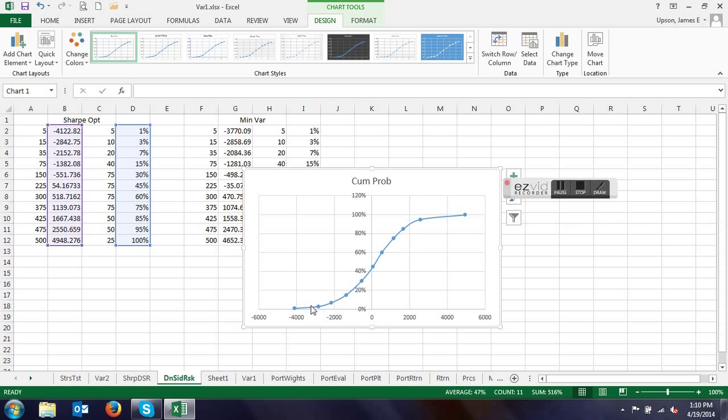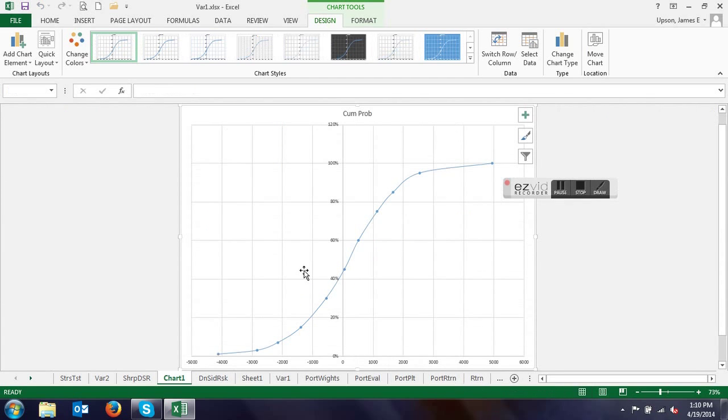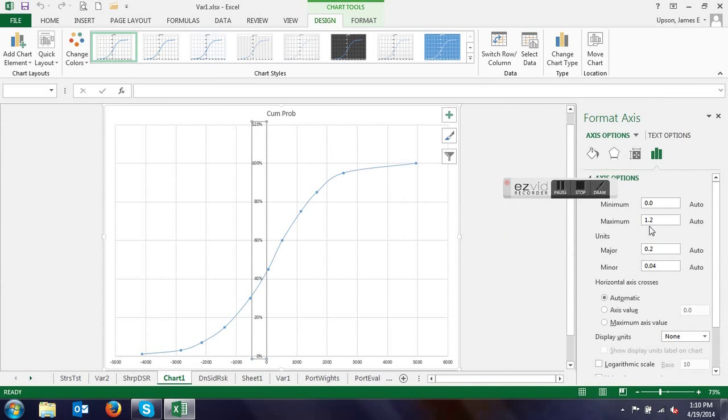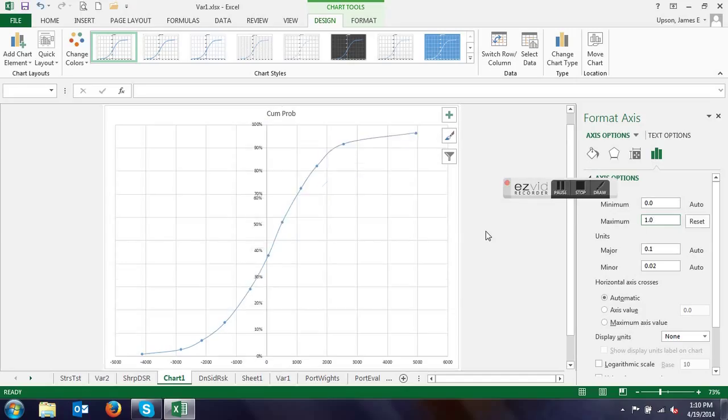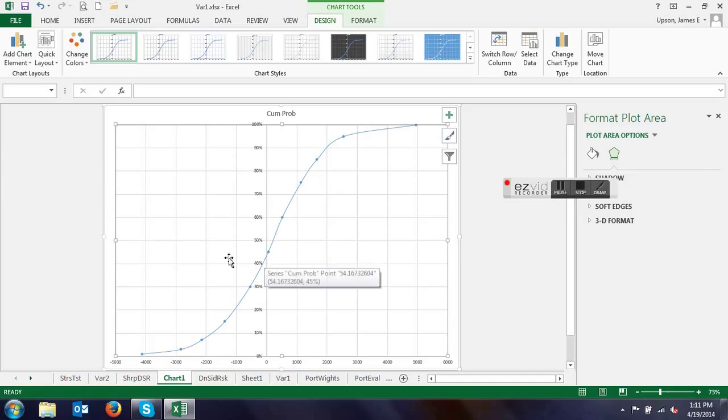Alright, so this is similar to the other charts. You can move the chart location, which allows you to create a new sheet out of it, easier to work with. And then go ahead and label your axes. Like this one goes up to 120%. There's no such thing as a probability more than 100%. So we can just set this at 1 and hit return. So our nice cumulative probability, again, 45% is basically where we're at for the negative side and